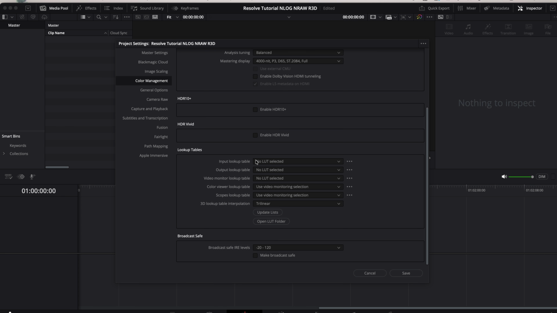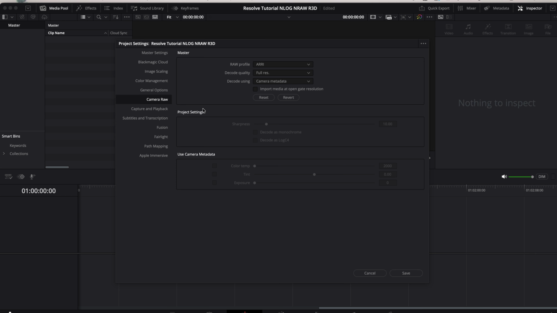And then if you scroll down to your LUTs, or lookup tables section here, I always have this set to trilinear. I saw somebody do it, and I've done it ever since. I don't know why, but I do. It works. One thing I want to make a note of real quick: if you are shooting RAW,